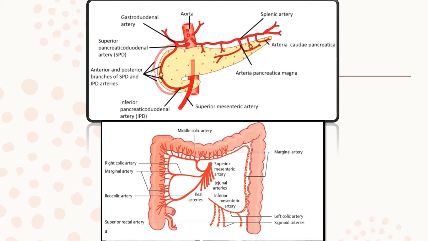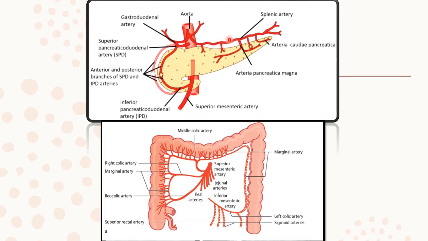We have the celiac trunk over here. It gives off the common hepatic artery, which gives the gastroduodenal artery. From this gastroduodenal artery, we have the superior pancreaticoduodenal artery. And this superior pancreaticoduodenal artery usually gives off anterior and posterior branches to supply the anterior and posterior aspects of the head of the pancreas. Then we have the superior mesenteric artery, which gave us the inferior pancreaticoduodenal artery at the upper border of the third part of duodenum, and this is going to again run into this pancreaticoduodenal groove and supply the anterior and posterior aspects of the head of the pancreas, and the inferior and superior arteries are also anastomosing over here.